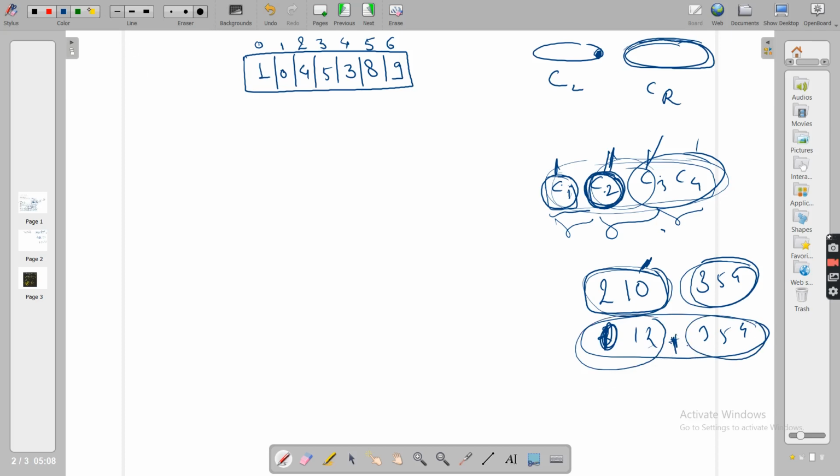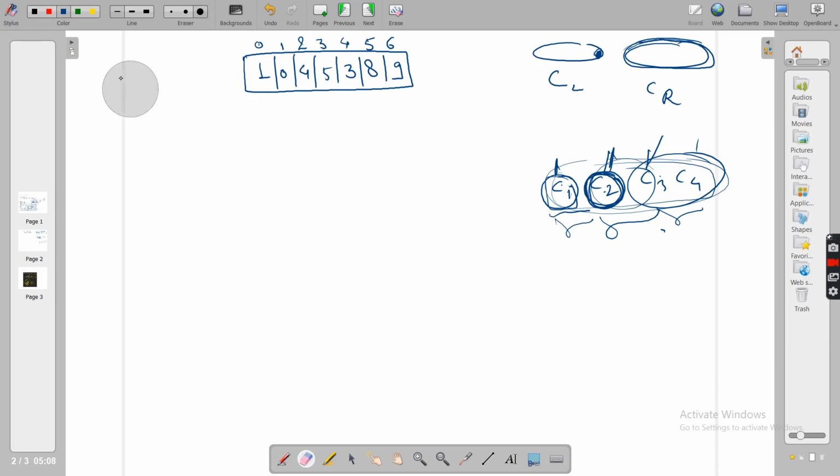Yes, it is sorted. Now, what can be an invalid thing in this case? Let's see that as well here. Okay, so 2 1 5 0 8. Let's see this 2 1 5 and 0 8. This is CL, this is CR, or C1, C2, no problem. Here the maximum value is 5.